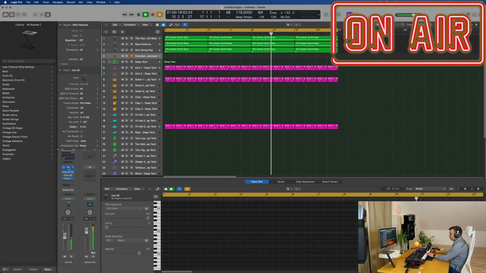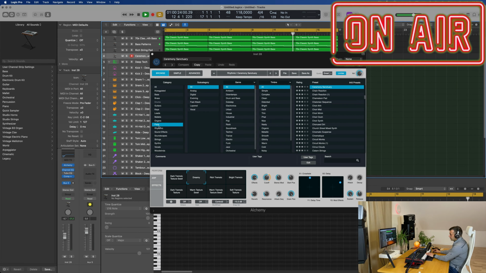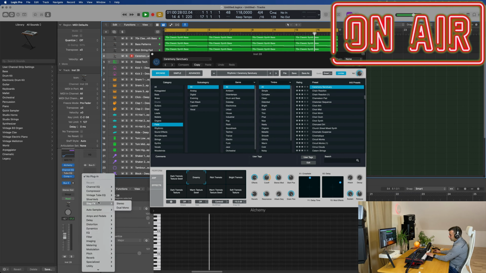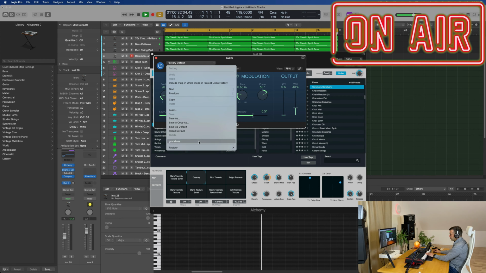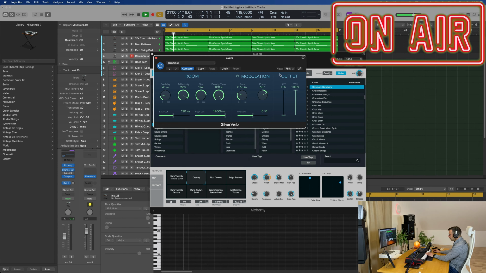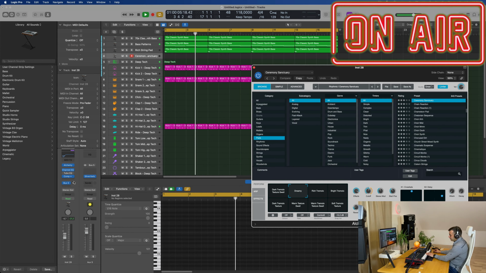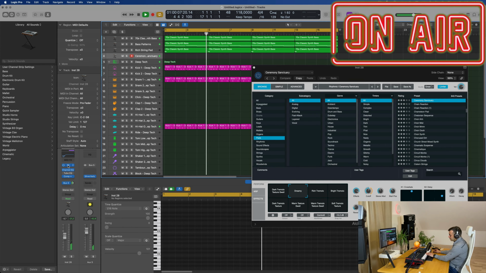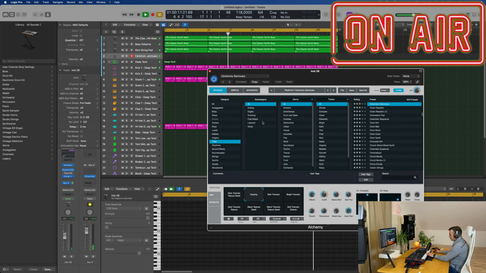So now I'm gonna try to do a bit of a lead. To do this, I'm gonna give myself a bit of help by putting a reverb onto this output here, a reverb sand, so it won't be so dry when I play. Playing on a very dry synth, it's a bit harder to get inspired to make it sound good. So I'm gonna make sure I have the right version. I'm gonna do pad, I'm gonna do fast attack, and I'm gonna try to find something, you know, that will